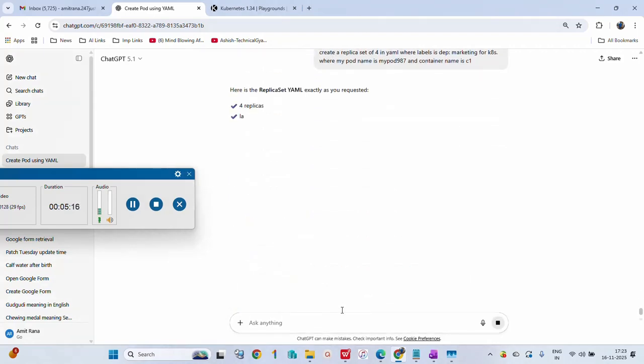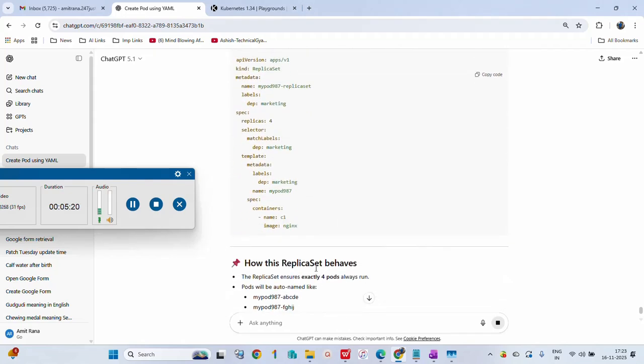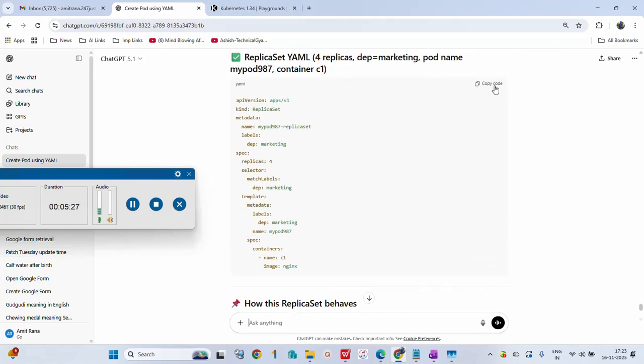All right, they have provided me this YAML script where department name is marketing and container is C1. So I'm going to copy it